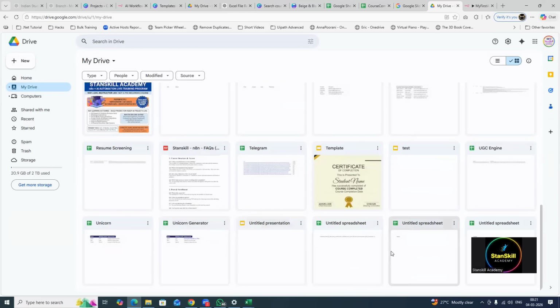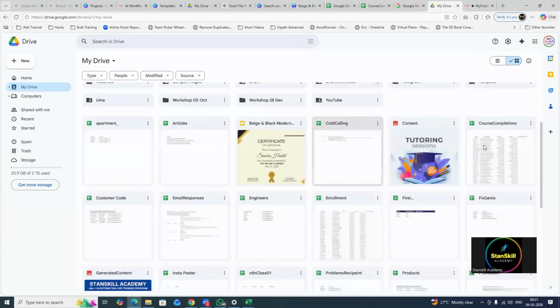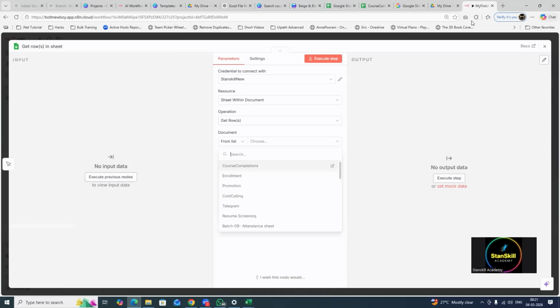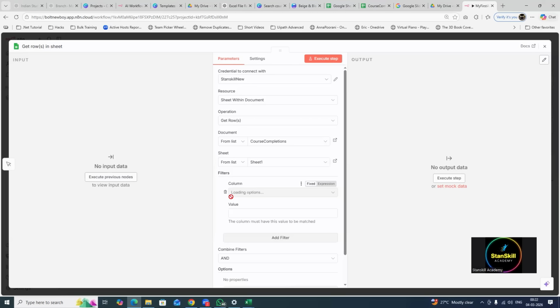I don't know. So here it is, course completion. It will be in the name course completions. Make sure you select the file course completions, and the sheet will be Sheet1 by default. Then I'll apply a filter where I say certificate issued should be no, which means that wherever a certificate is not issued,